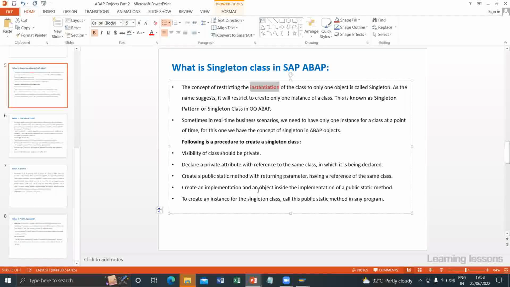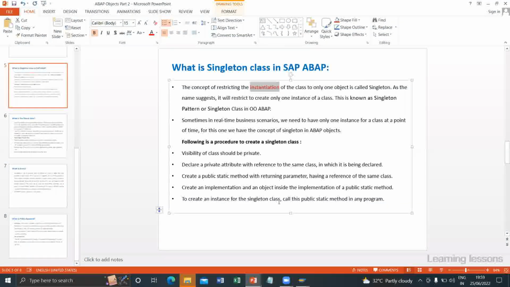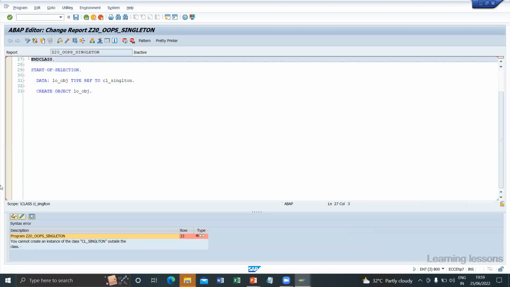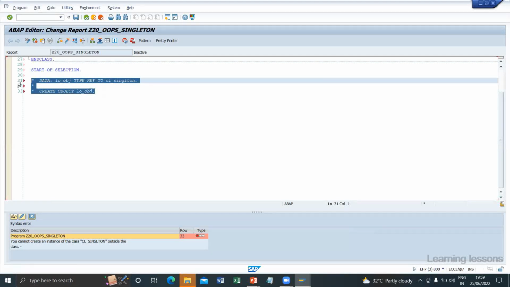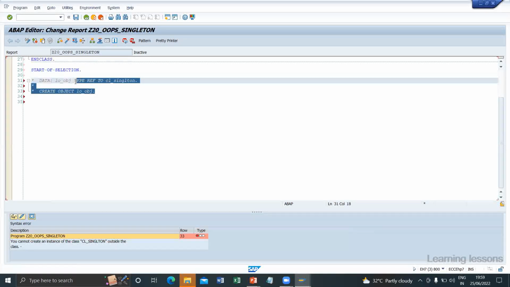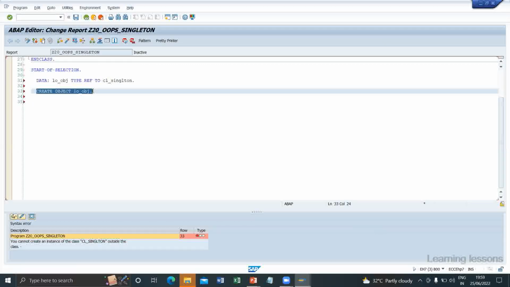And what is the next point? Create the object inside the implementation of the public static method. So that is how we implemented the creation of the object. To create the instance for the Singleton class, call this public static method in any program. So we can't create an instance for private classes directly. This is not possible. So how can we access this method now? We can access this method using the class. That is possible. What I'm doing, I'm just commenting this out. This does not work. Let me enable this. Since creation of the object directly is not possible,